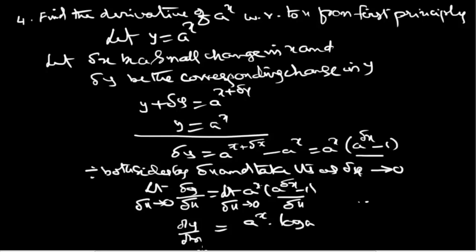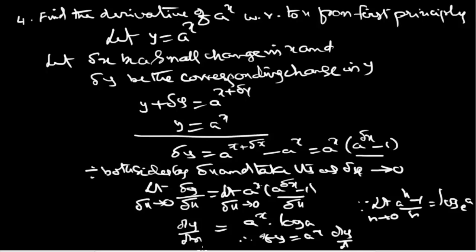Because of a formula: limit h tending to 0 of a power h minus 1 by h is equal to log a to the base e. Here the base is not written, but even then it means the same thing. Therefore, we conclude if y is equal to a power x, dy by dx is equal to a power x into log a. When no base is written, it means